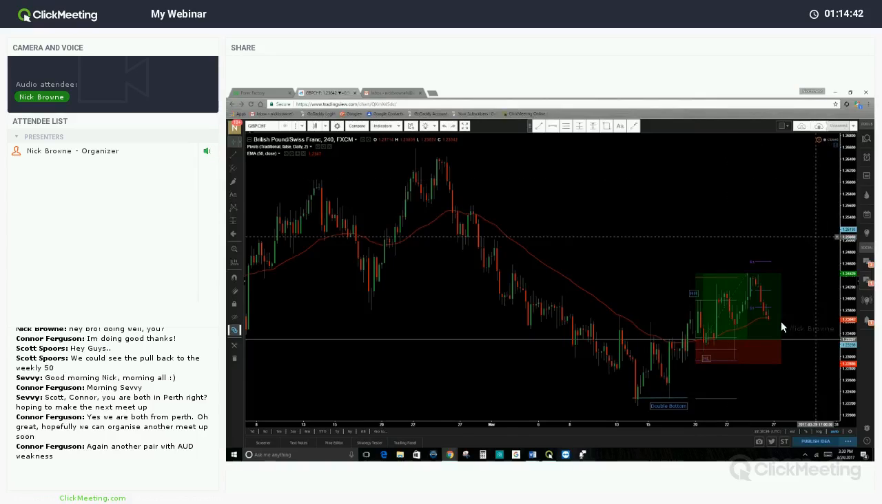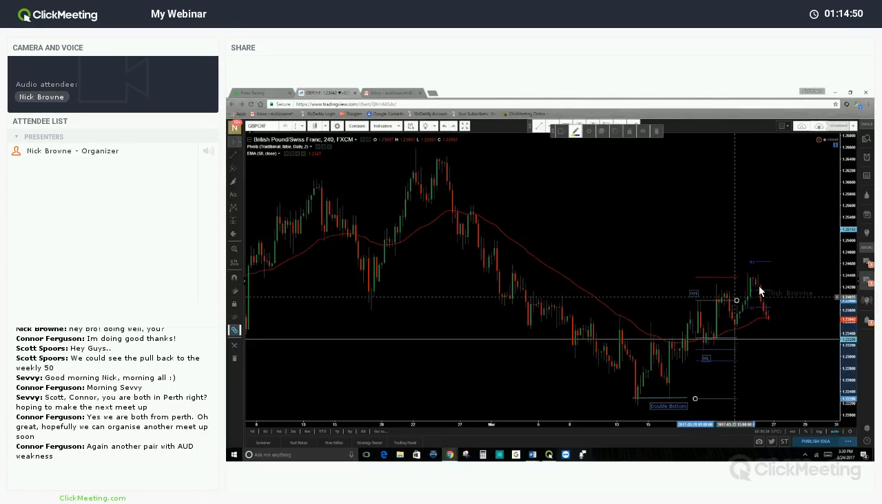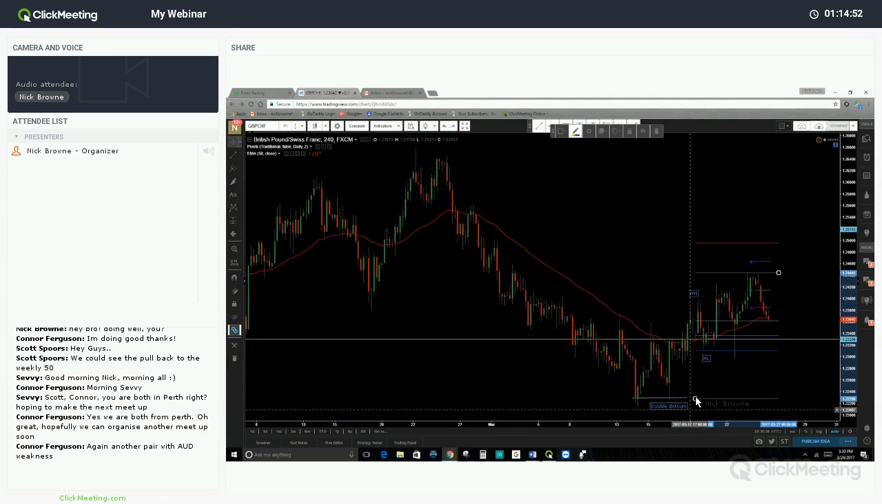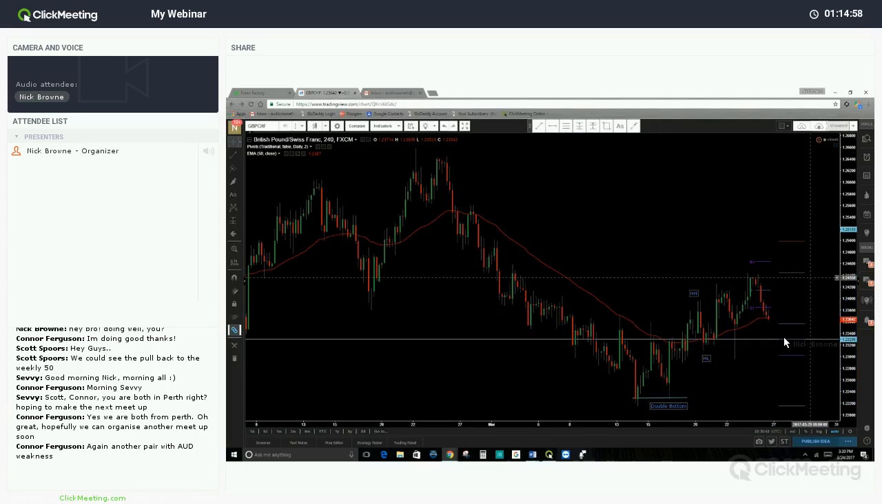Pound Swiss, I could see this potentially forming a higher low. Let's actually get rid of this position. We could potentially be getting our first. I think this could be a nice 4-hour fake out right here. I think Sunday could open with this tanking all the way down to this level. And then before you know